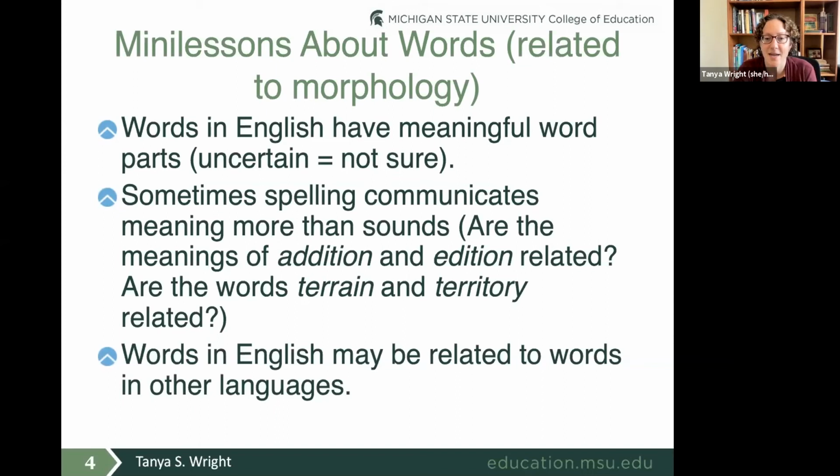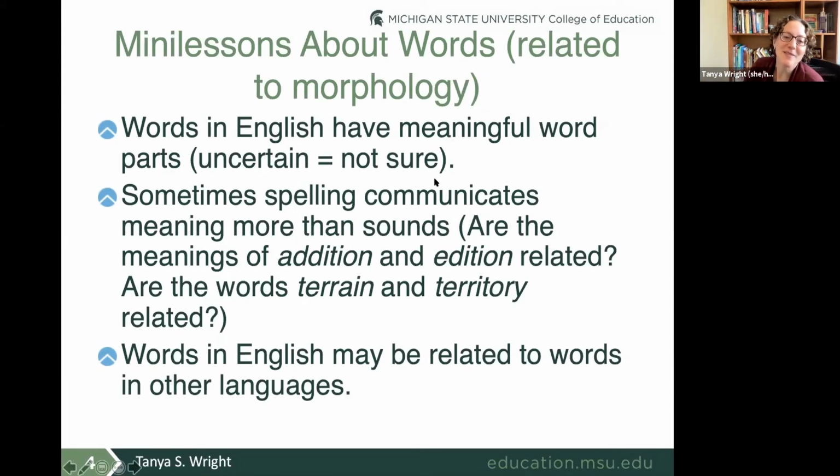Or similar, the opposite of that, right? The words terrain and territory are related. And we might be able to guess that because we see that T-E-R-R in both of them has something to do with earth. So these are the kinds of ideas that we can tuck into little mini lessons about words when words like this come up, right? Whether it's during the read aloud, whether it's during kids' independent reading, whether it's during content area learning, we might hit on terrain or territory, for example. Or which one didn't I say? I said reading, spelling, of course, spelling instruction.